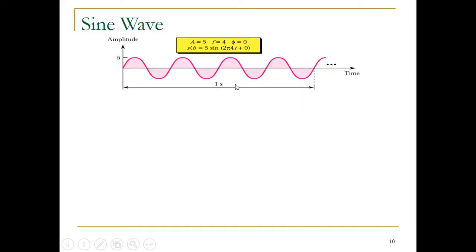Okay, and depending on amplitude and time, you could have that sine wave either increasing in